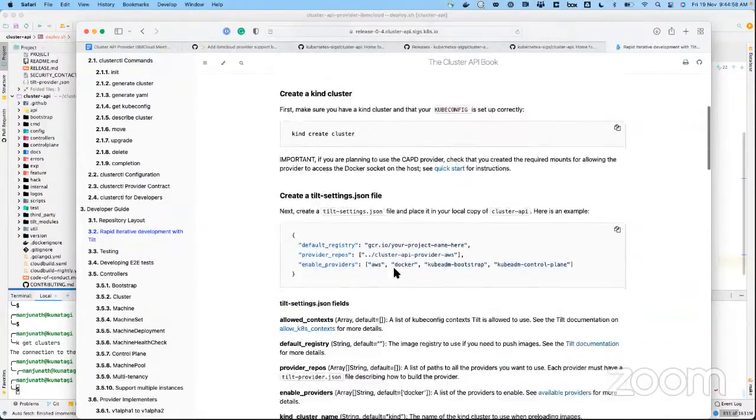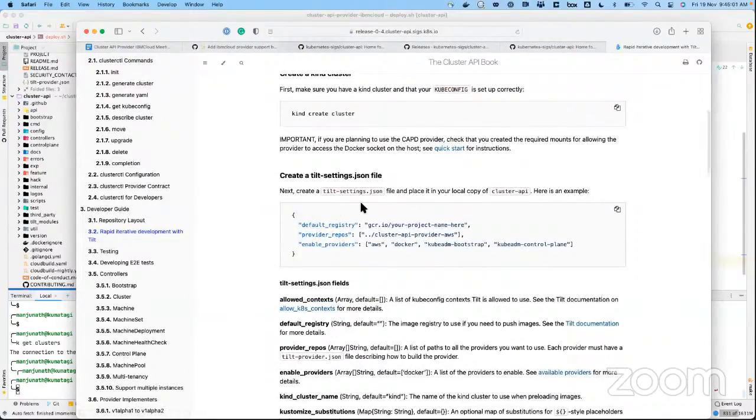It contains a configuration saying what exactly needs to be deployed. The idea behind this is that once we start the Tilt process, if there are any changes in the code, it will automatically build your code with that change and deploy it into your Kubernetes cluster, and then you can test that on an ongoing basis. That's what it is meant for, and it is very handy for development.